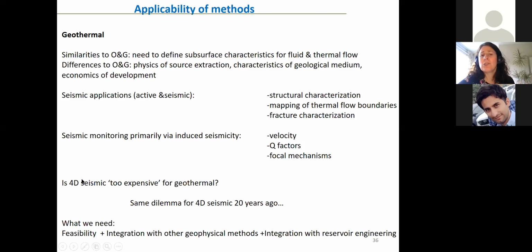And just to say what I saw in the literature in terms of seismic applications applied to geothermal, those were mostly for 3D characterization. And then when I look at published monitoring seismic applications, they are primarily via induced seismicity. So you'll use the micro events to look at velocity and Q factors and focal mechanisms and infer